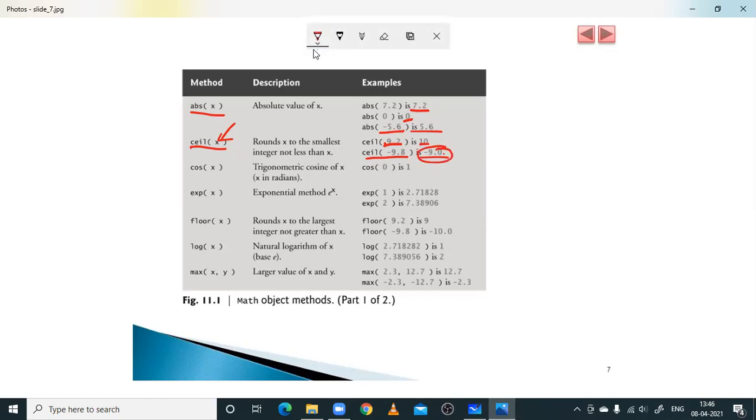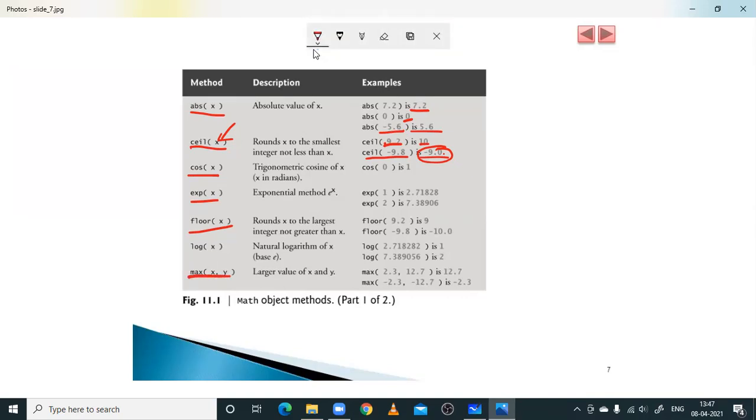So these are some of the trigonometric formulas, like cos theta, and expressions or exponential forms which can be used. And there is the floor method, which rounds off to the largest integer not greater than x, which has been given. Next, max x comma y.